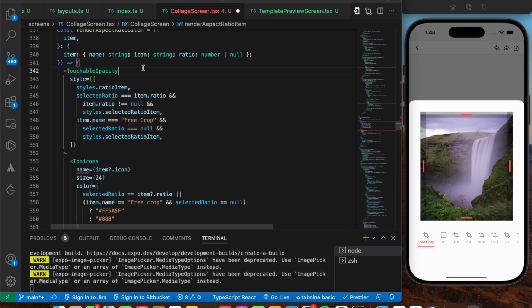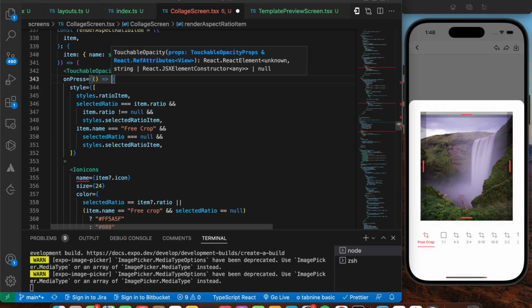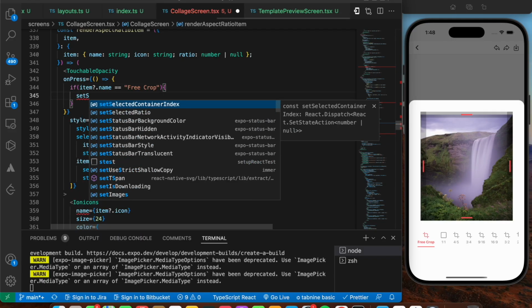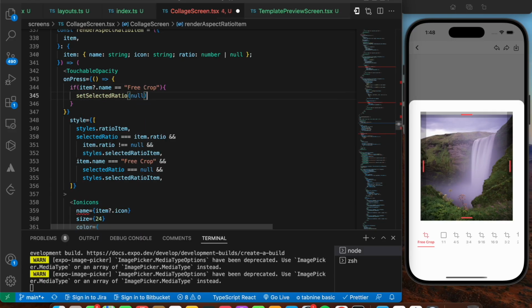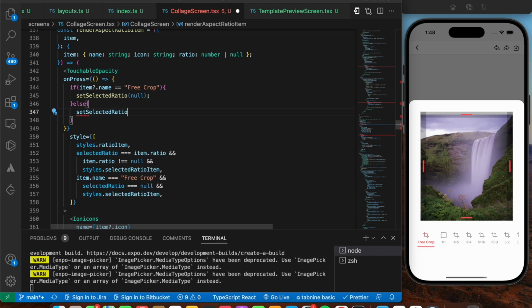We need to set up the on press as well. I'm going to say on press. This in turn is going to take in a function, and over here we're going to say if your item dot name is equal to free crop, then I'm going to say set selected ratio to be of null. Else you're going to say set selected ratio to be of your item dot ratio,